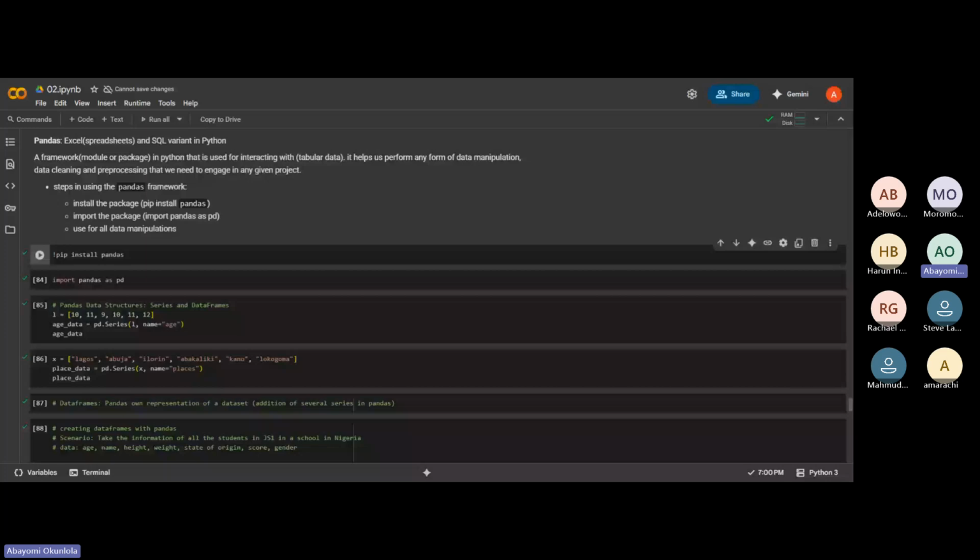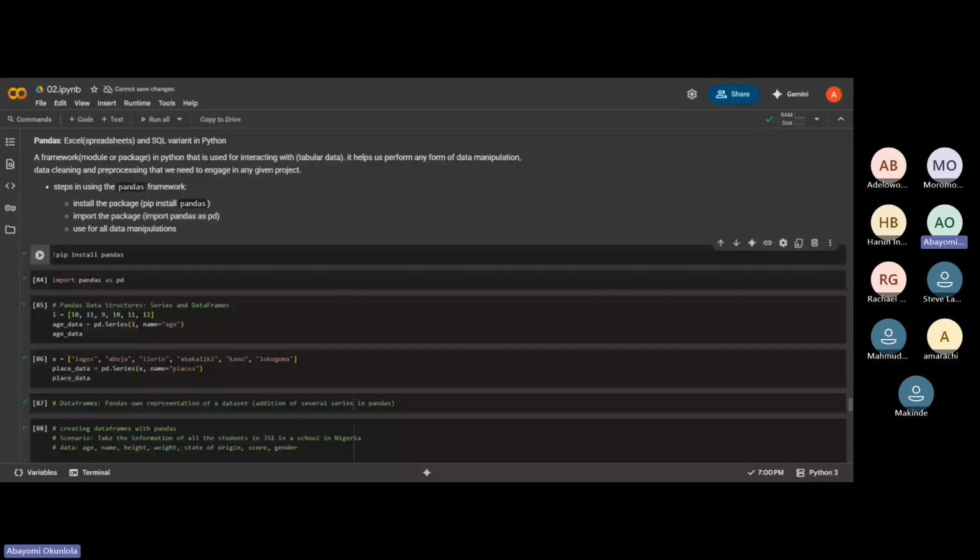In the past few classes, we've been exploring Python programming, understanding variables, data types, lists and dictionaries, and we moved a bit further by learning numerical Python, which is NumPy, and we were able to see its application when it comes to numerical computation alongside Python programming.